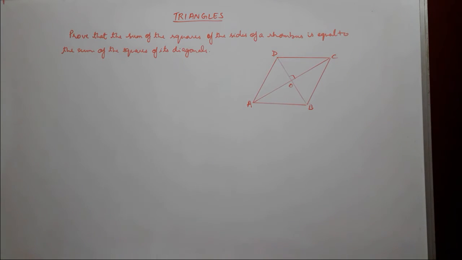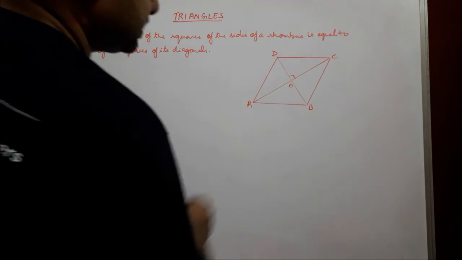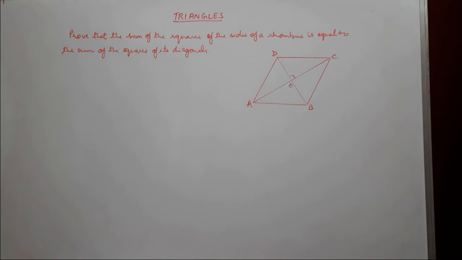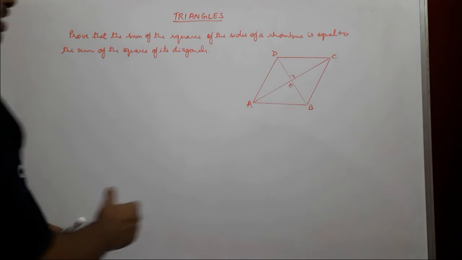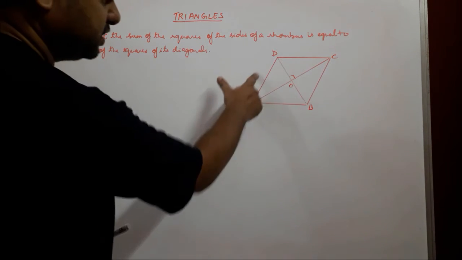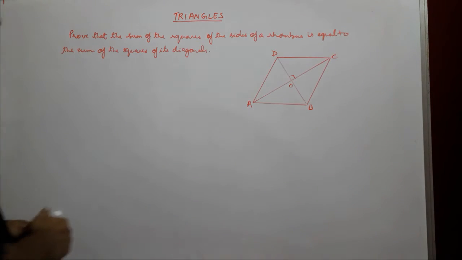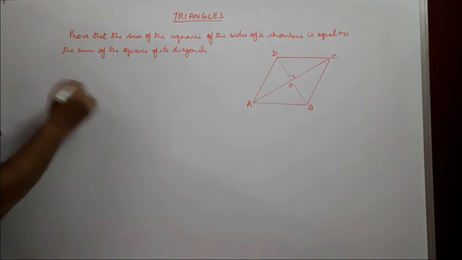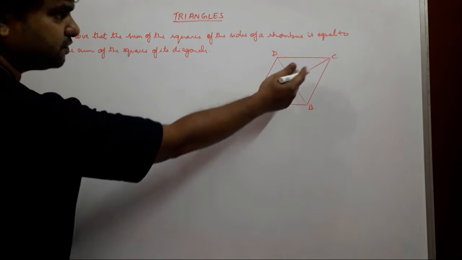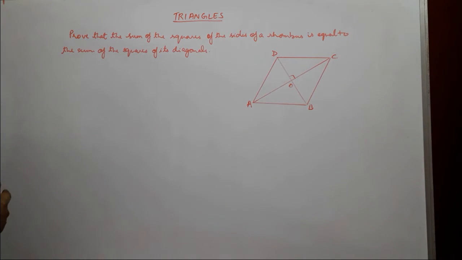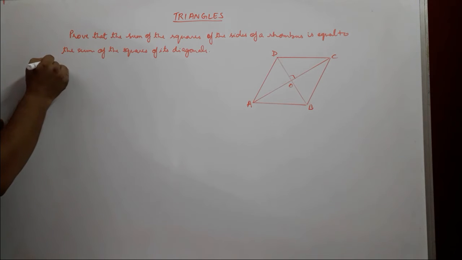Then these are called the diagonals. They bisect each other at right angles. These are some properties of the parallelogram and also of a rhombus. Now we are asked to prove that the sum of the squares of the sides, these are the sides, equals the sum of their squares. But first we'll have to assume, because we are not given this particular diagram. So let us first assume, in case of the proof,